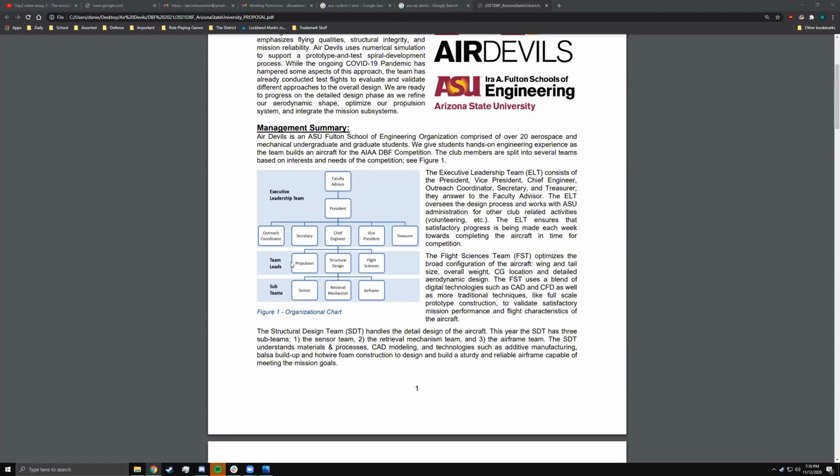Then there are the flight sciences teams. Underneath the flight sciences team, there is the aircraft stability team headed by Kevin, which is responsible for tail sizing in order to ensure that our aircraft has optimal stability characteristics, as well as the main aero team, which is Jack, Evan Barker, myself, Derek, a few other people, where we're currently designing the wing to have the optimal flight characteristics for our aircraft. Underneath the structural design team,